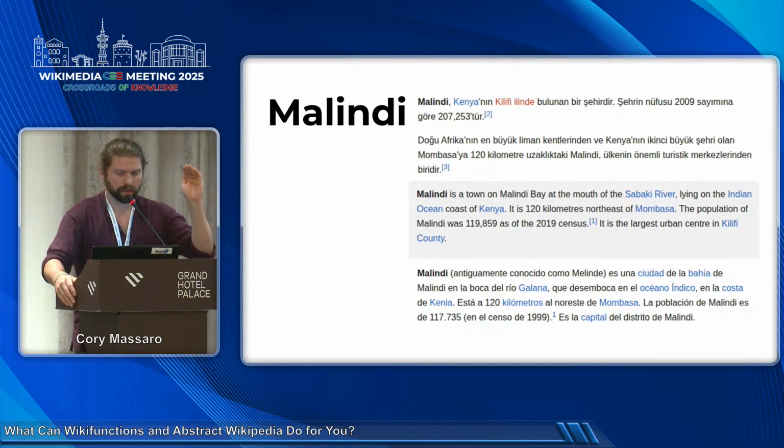So this is a city in Kenya, and in 3 languages, Turkish, English, and Spanish, and they all mostly have the same pieces of information, although you'll notice that the census information differs. So Turkish uses the 2009 census, English uses 2019, Spanish uses 1999, but otherwise the information is all relatively the same, although only Spanish mentions the capital.